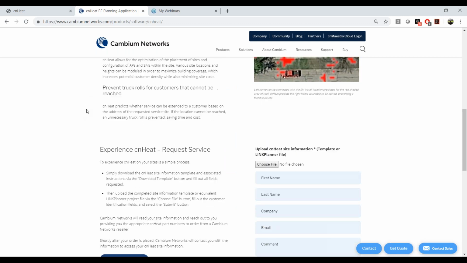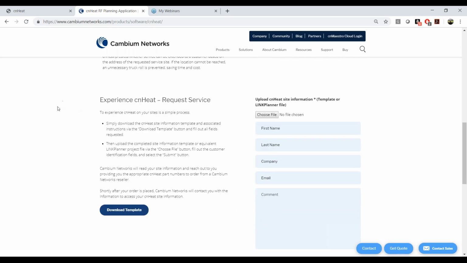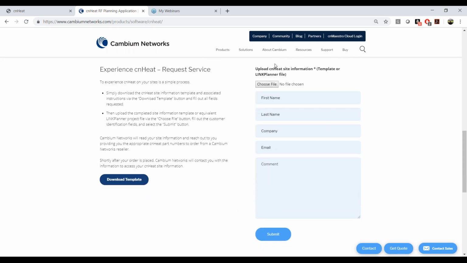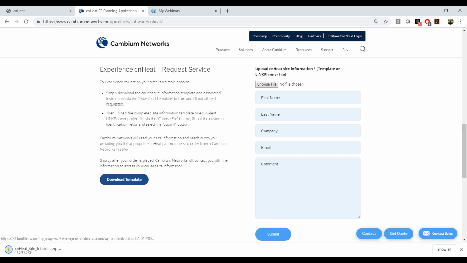We've just talked about the benefits. And here we provide the information for how you can actually get the service. So one is you press download template and you'll download a template just like I did. And what you'll get is, let me share this, you will get